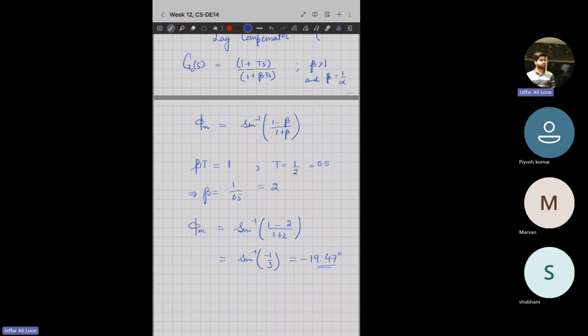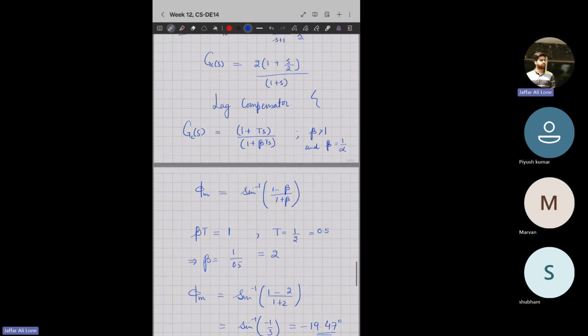And he might also see basically what you are doing when you are adding a zero to a transfer function. What are you doing when you are adding a pole to a transfer function? What are you doing? Whether your zero is dominant, whether your pole is dominant. That is what these lag and lead compensators are all about. Because eventually, whatever is the original transfer function, you are making an addition to that transfer function, because